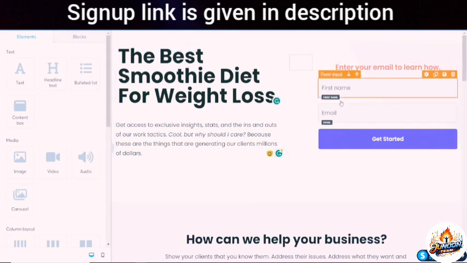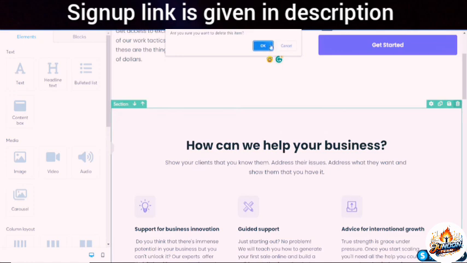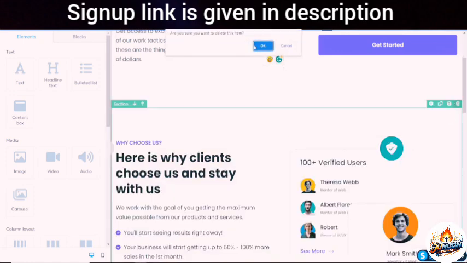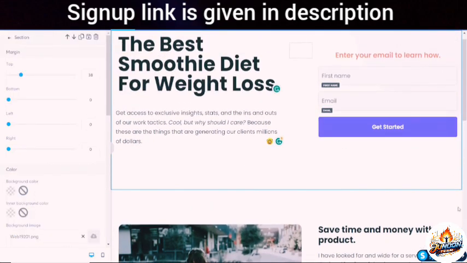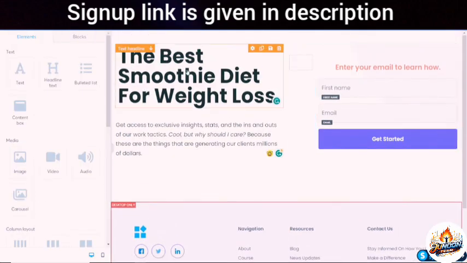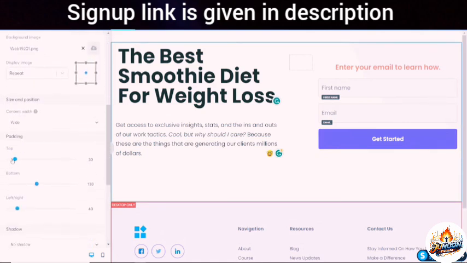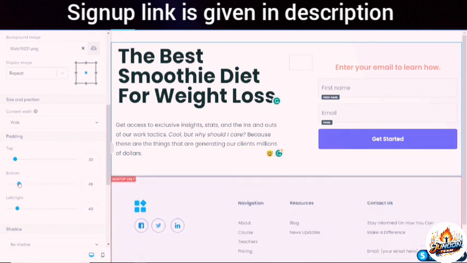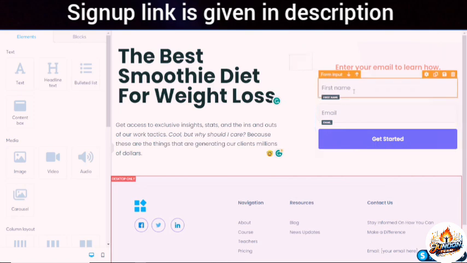Now we also have a first name and email form input and this get started button. Now again, if we don't want to customize any of this down here, you can just go ahead and delete it. Obviously, you would want to build out the website however you would like. But for this tutorial, we'll just go ahead and delete all of this. And we'll just keep the footer here. So we'll just have this very simple landing page. And I'll just get rid of the margin or the padding. We'll just take some of this padding off the bottom. So now we've got a very simple landing page which allows people to enter in their first name and email